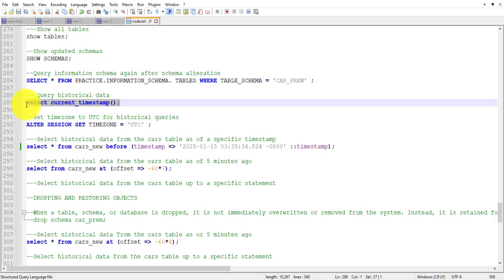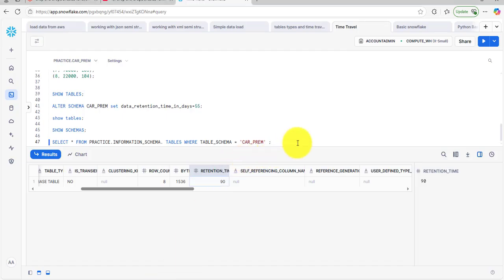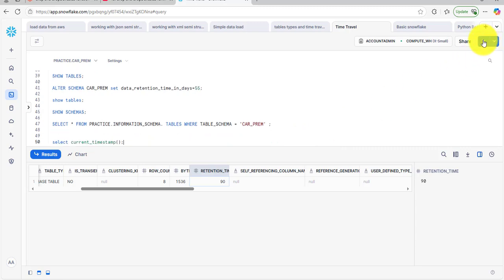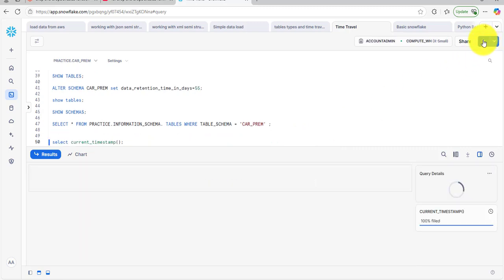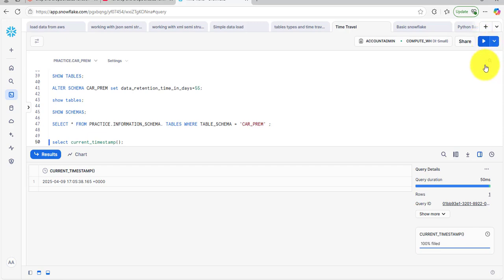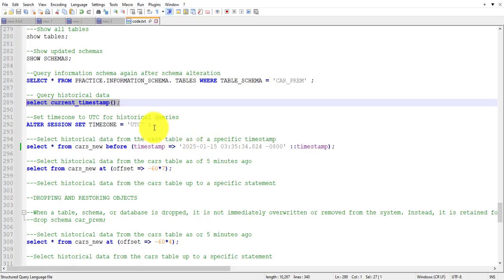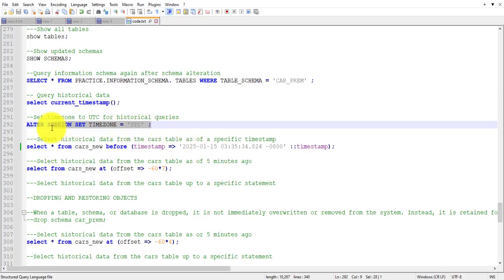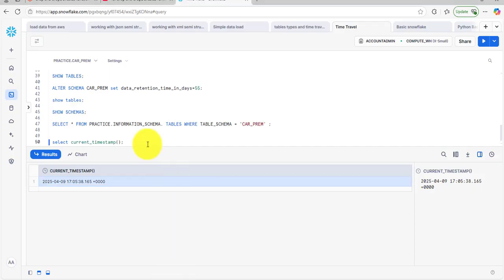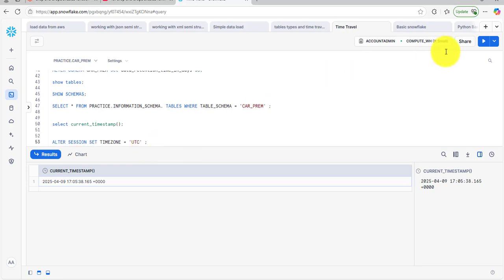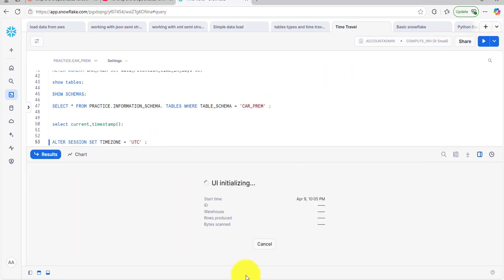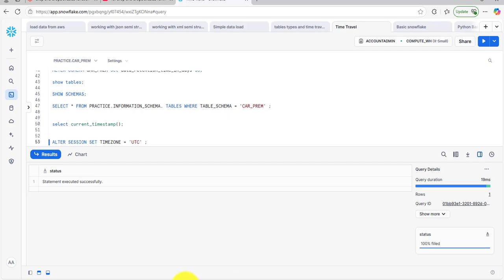We can check the current date and time using this command. Schema, time and date. We can set the time zone used for the historical query. Statement executed successfully.